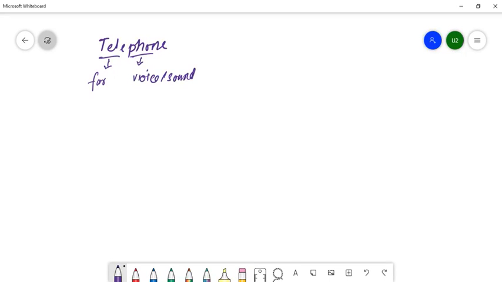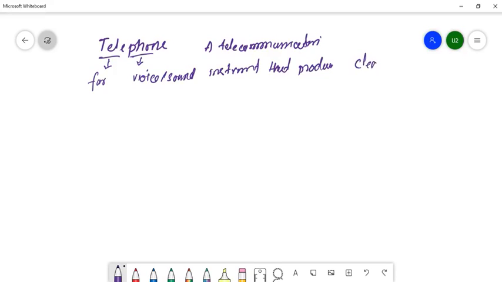It is a telecommunication instrument that produces clearly intelligible, intelligible meaning understandable, which can be understood easily,